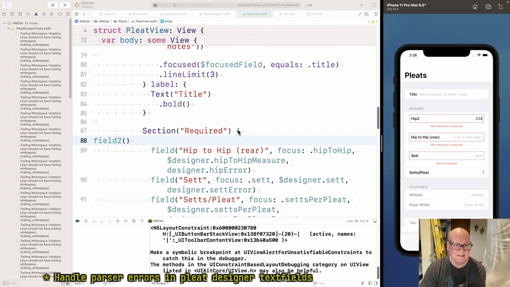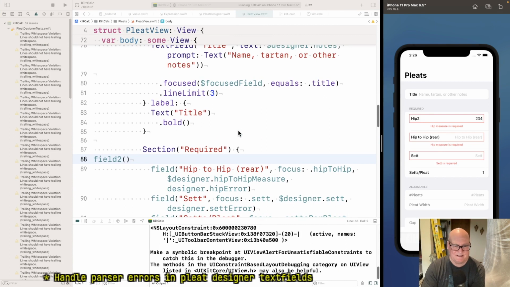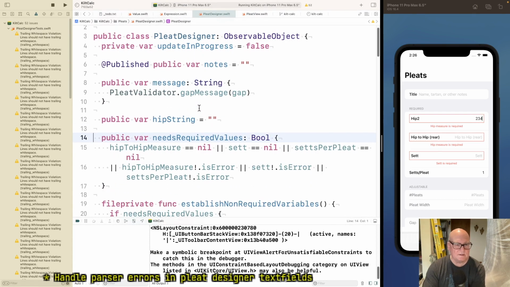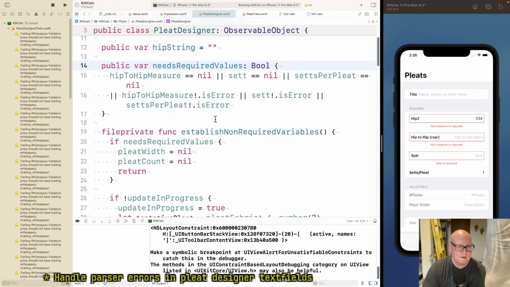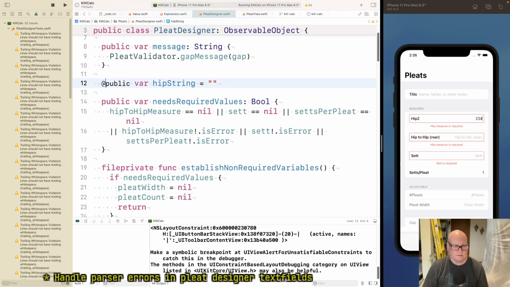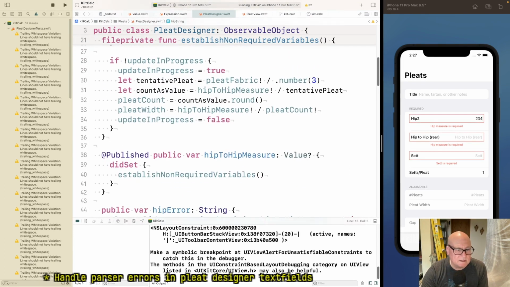All right, welcome back. Let's see. So what are we going to do? I'm going to make this work, and then I'm going to revert and then make it work right. Let's see. So PleatView and PleatDesigner. Okay, so now we've got hip string. Right, it'll need to be published. And then I think we're going to say didSet.